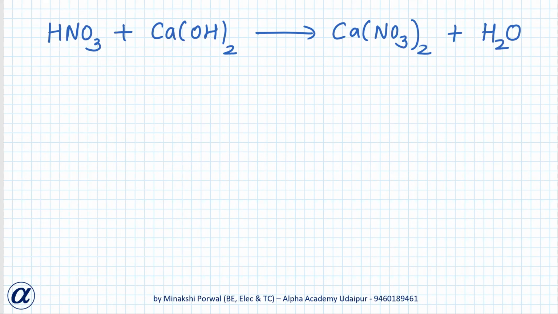Okay, some of you have balanced it. Ma'am, done. Ma'am, I have also done. Okay, so what is the answer? Himani, you tell me the answer. 2HNO3 plus Ca(OH)2 gives Ca(NO3)2 plus 2H2O. Okay. So actually, yes, they got the answer, and maybe because of practice, because this is an NCERT book question only.